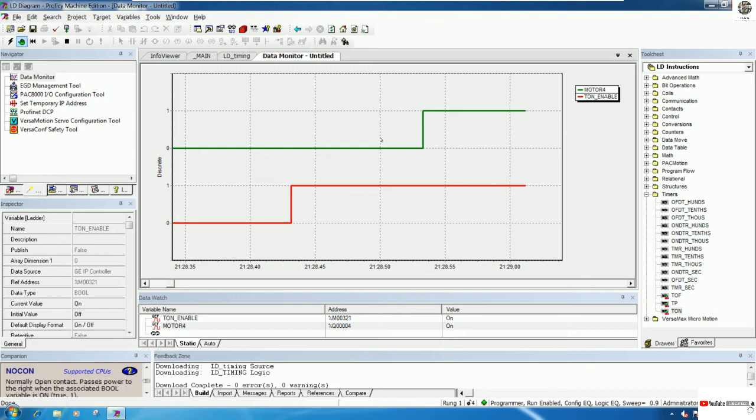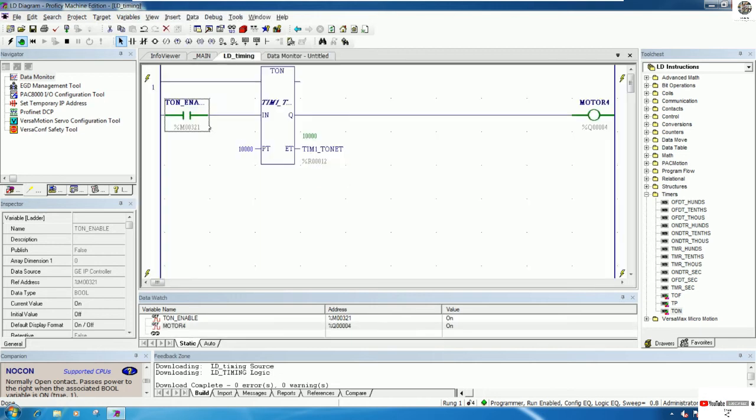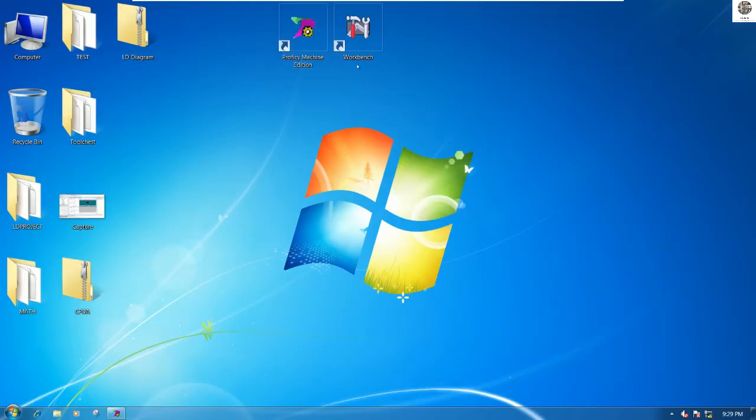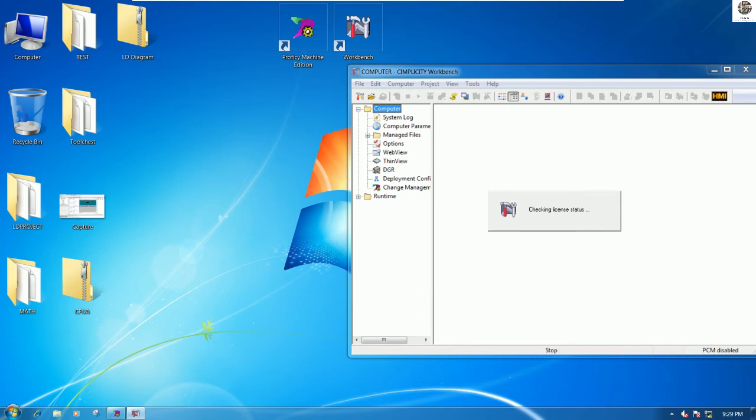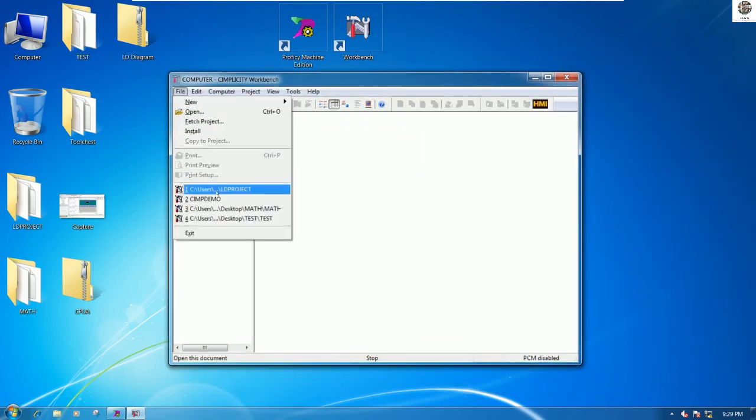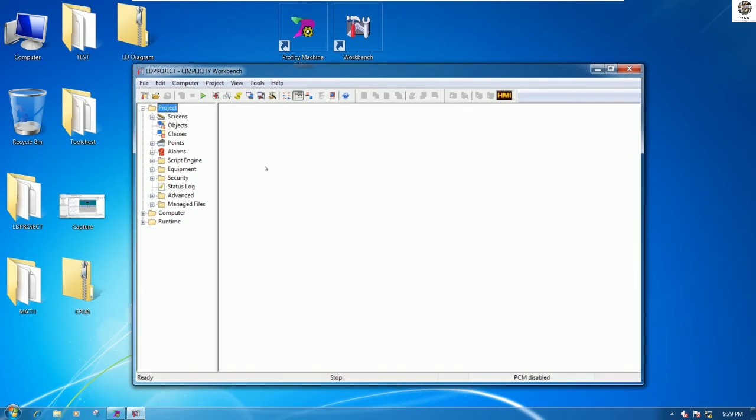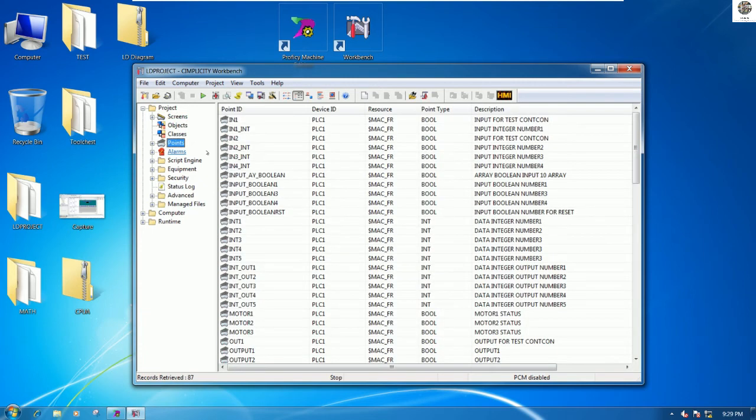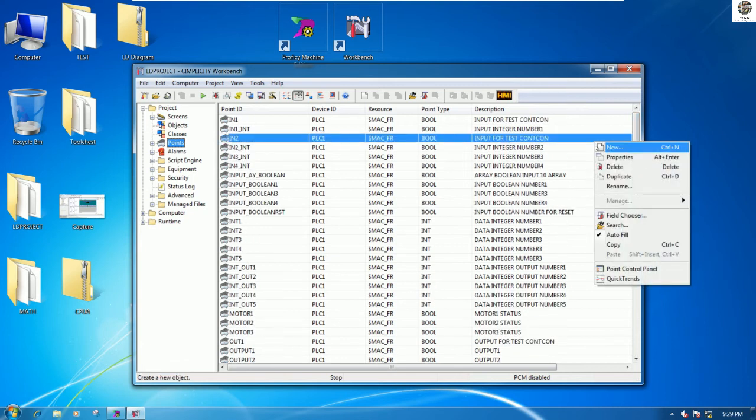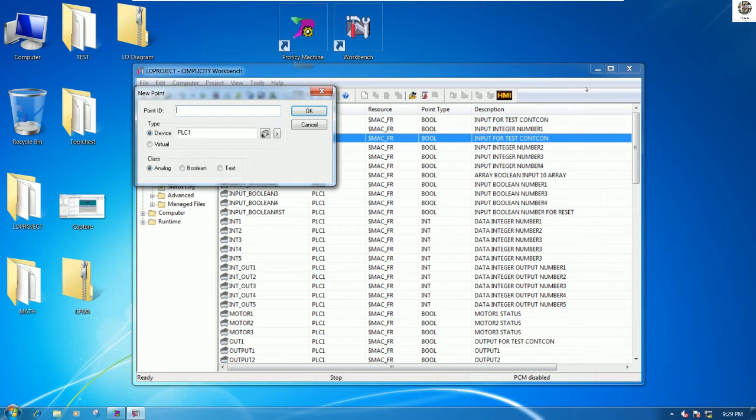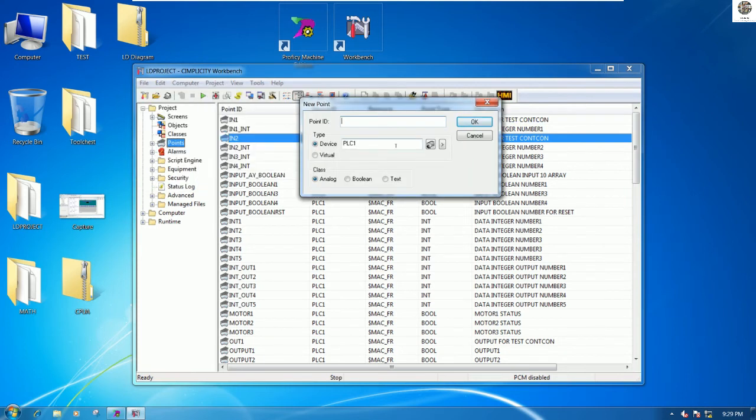Okay, so we can take these variables to show at the SCADA also. So let's go to our project workbench, and then go to the previous project that we already learned in the previous video, and then go to the points to create a new point. Yes, new, and for example, enable